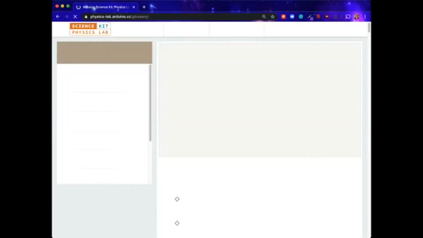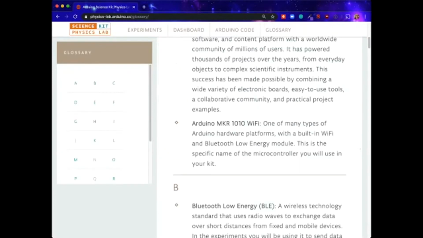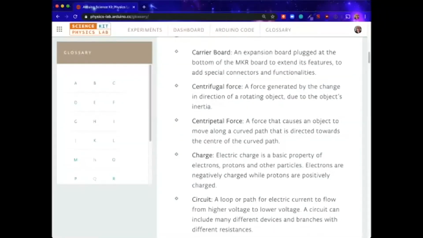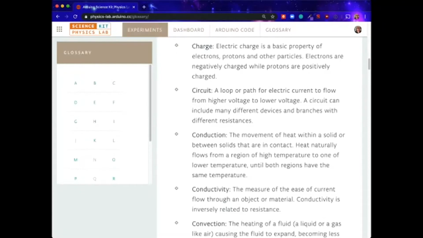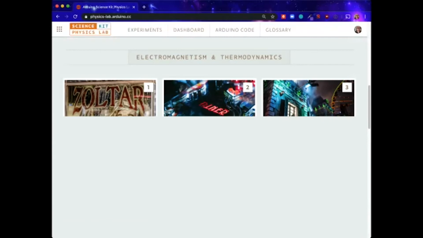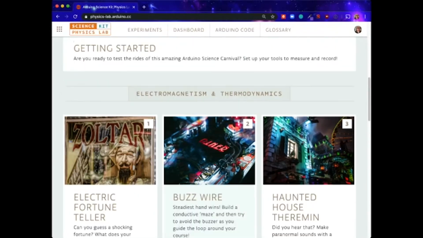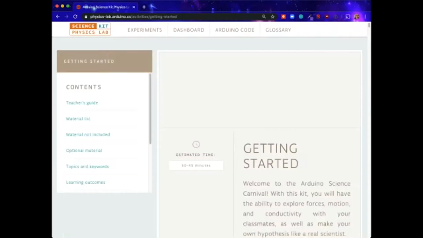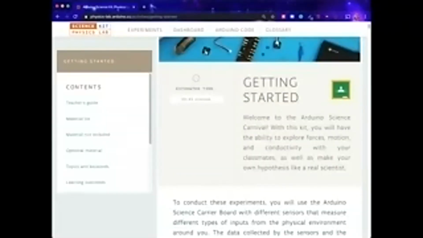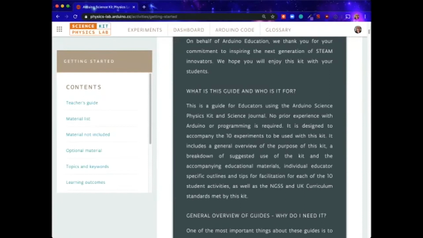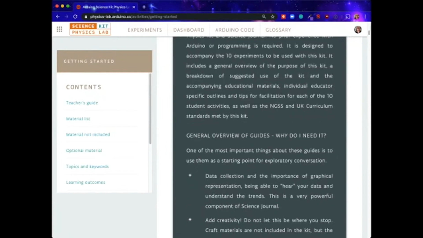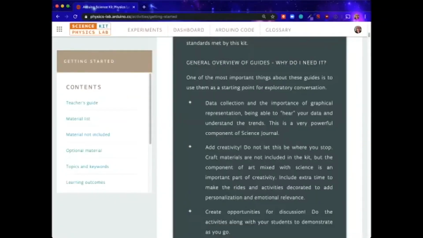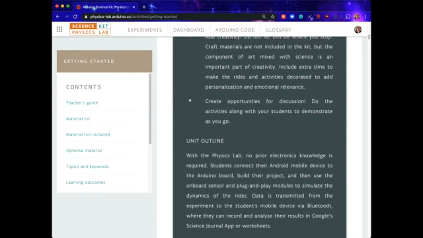You have a glossary section that we developed with a physics teacher, and then you have access to all the experiments that you can do, basically. So there is a getting started section where you get an introduction about what tools are included, what you can do with it, a general overview for getting started in the classroom,